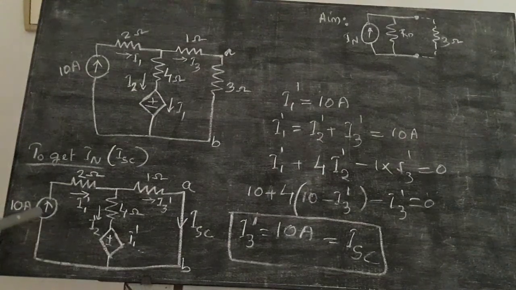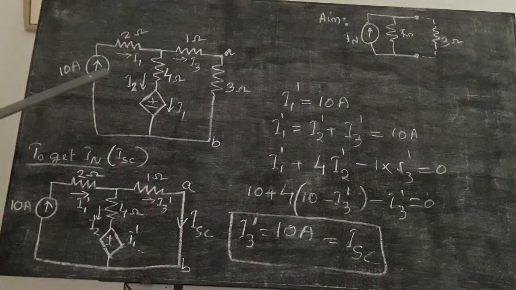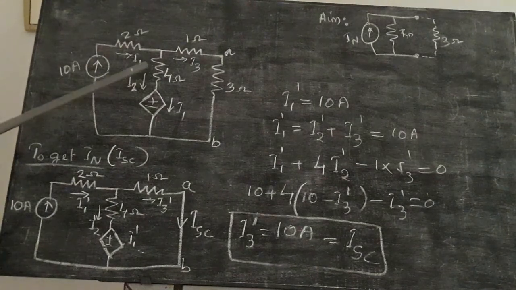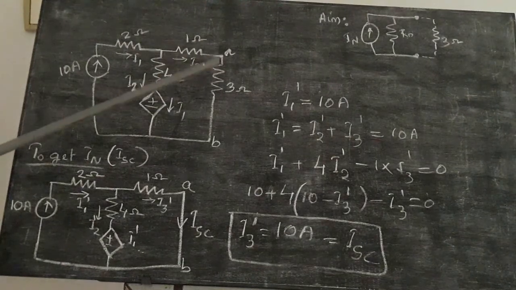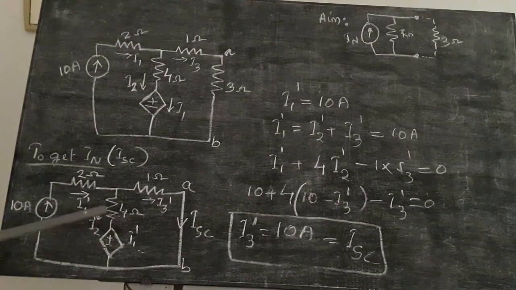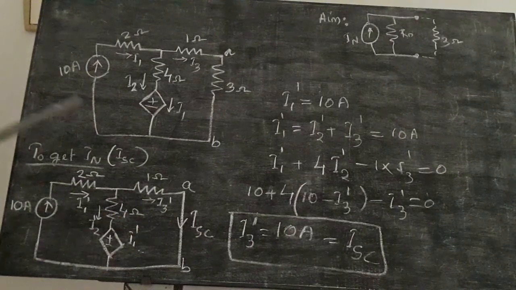We know the KVL and KCL equations. In this junction, current I1 is entering, I2 dash and I3 dash are leaving. One more thing, listen. In this circuit, mark the current through the 2 ohm resistor as I1, the current through the 4 ohm resistor as I2, and the current through the 1 ohm resistor as I3. And here a 3 ohm is also there. But in this circuit, that 3 ohm is removed and short circuited. So the circuit changed, and the current in each branch will also change. So here the currents are marked as I1 dash, I2 dash and I3 dash.